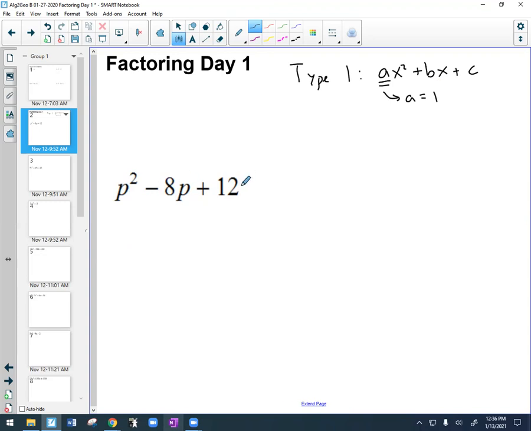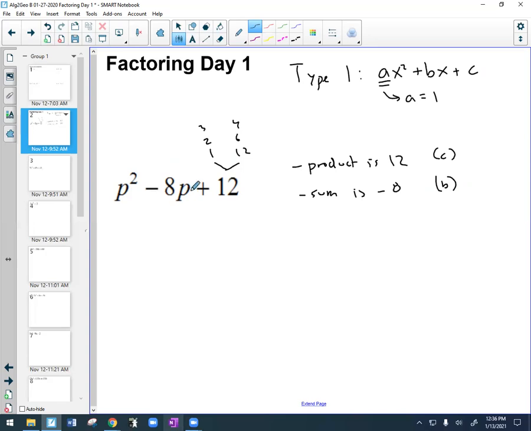But these are relatively easy. You just look for two numbers whose product is 12 and their sum is -8. And if you're thinking about this generic one with a, b, and c instead of numbers, the product is c, this last number, and they add up to the middle number, which is b. And so you look at all the factors of 12,